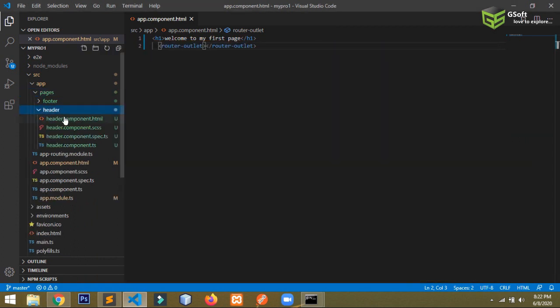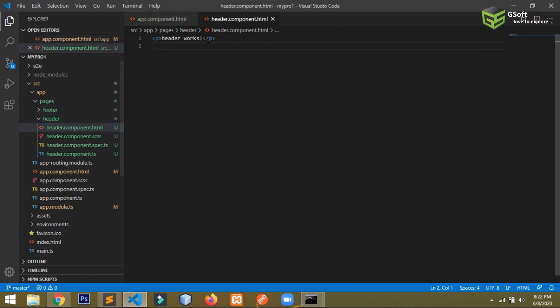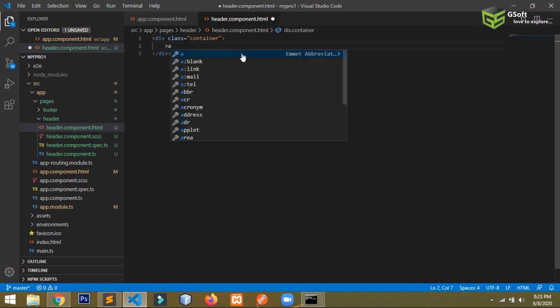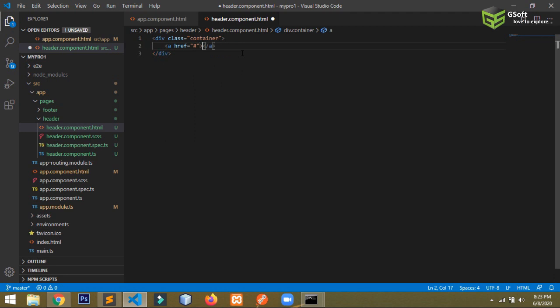So now if you see the component header.component.html, we are working on it. It says header works. So instead of header works, I will write here, suppose I want to create a div and then give a class, let's say container, and then inside the division I will create some links here, href, and let's say home.